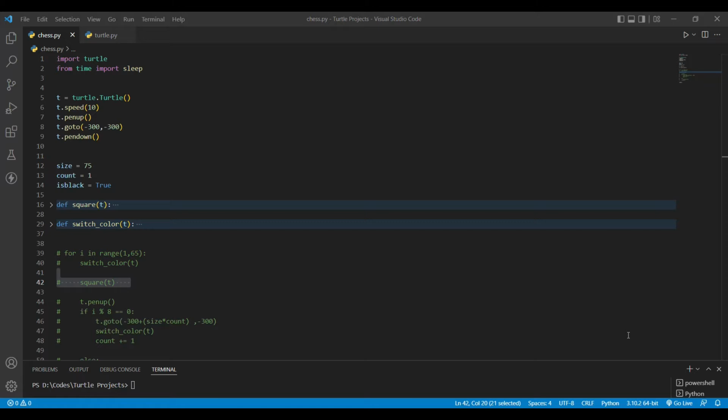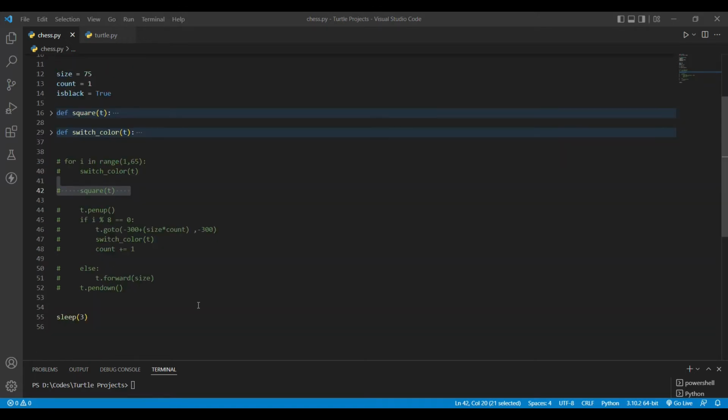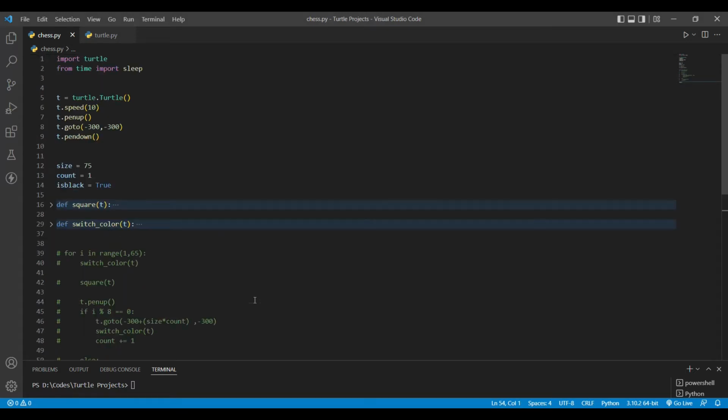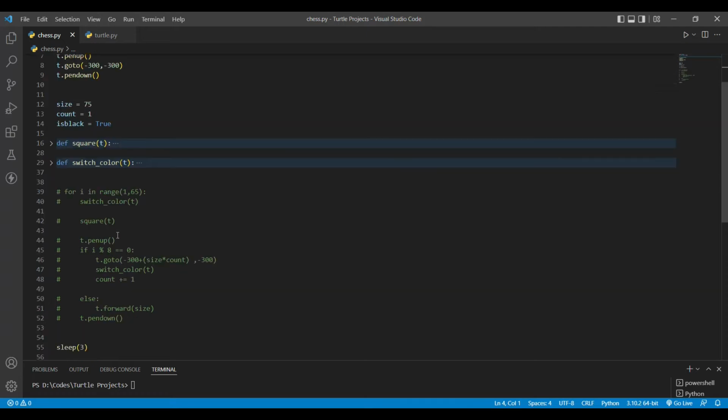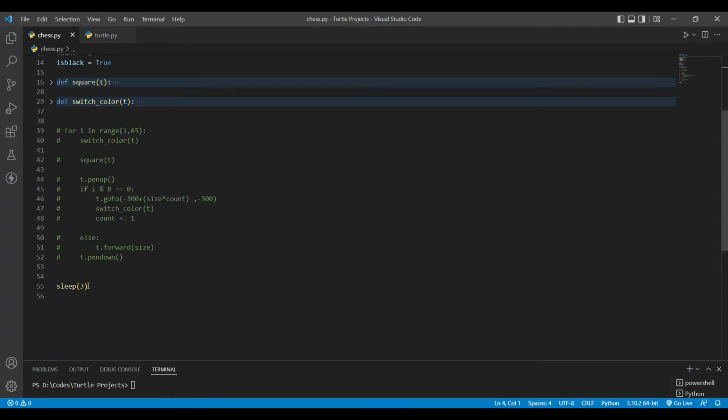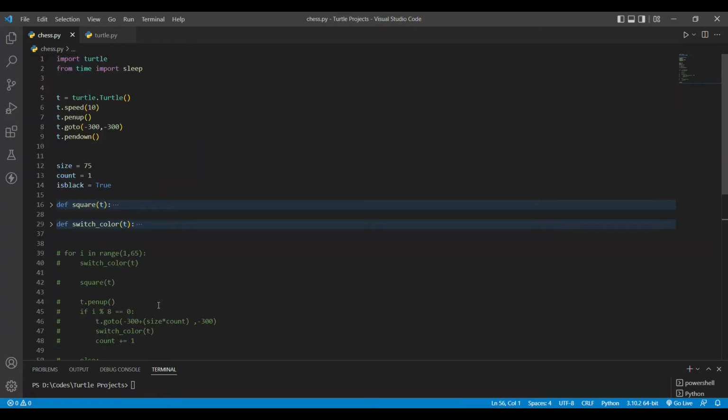I've already created a Python file named chess.py and I've already written the code. I've commented it so that we can go step by step and see how things are working. The first thing, I've imported the turtle which we are using, and I'm also importing the sleep function from the time module to delay the exit of the program so that we can see exactly what's happening